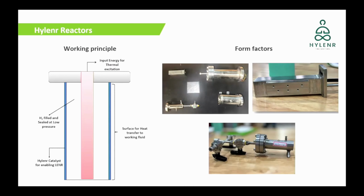So this is the basic form factor on the left that you see. We give an input thermal excitation to the device. We use pure hydrogen inside the device. We have also experimented with a lot of other isotopic mixtures as well. But we found out that if you are to commercialize this device, it's better to have hydrogen gas rather than isotopes of hydrogen inside the device system. There is a slight increase in the performance when you use a hydrogen and deuterium mixture inside the device. We have developed a proprietary LENR catalyst that is based on nickel and palladium,